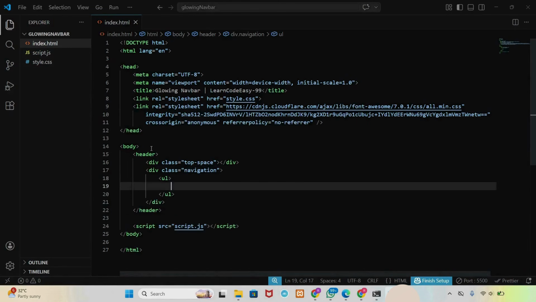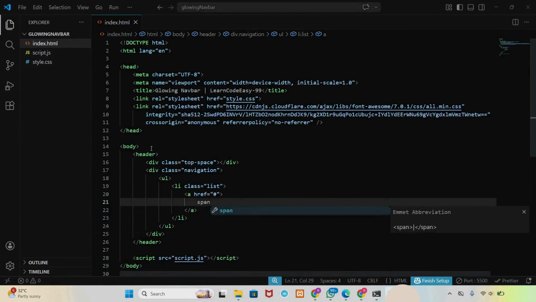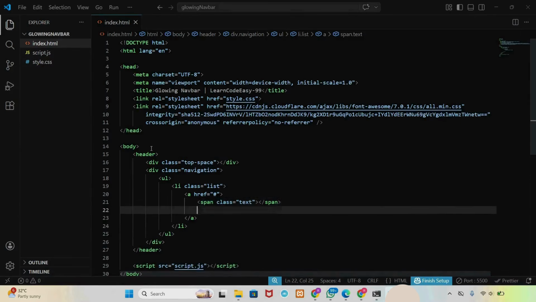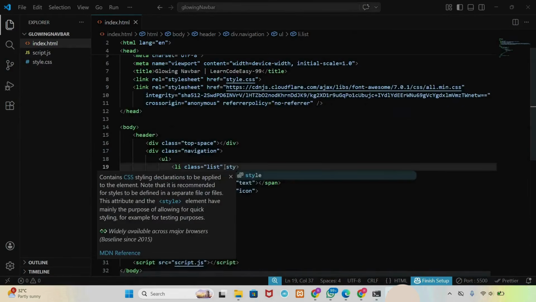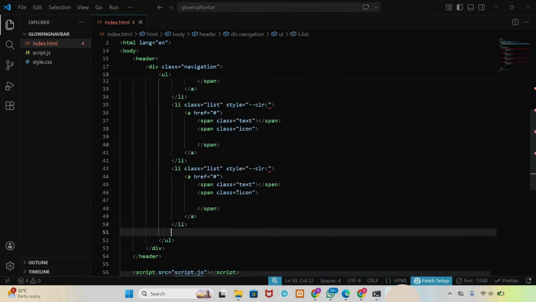Now let's create the structure. We use an unordered list to build the navbar items like home, about, services, and contact. Each item has a class called list, and one item is active by default. We also define a custom color for each item. This will be used for the glow effect.